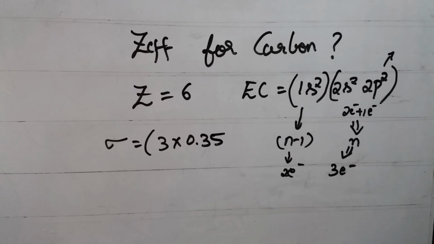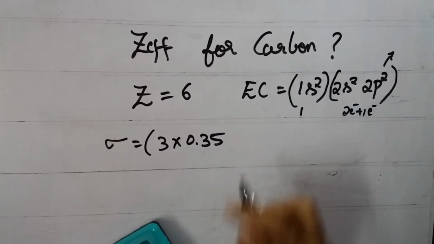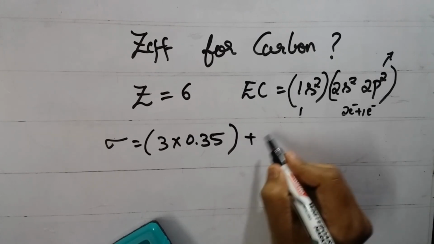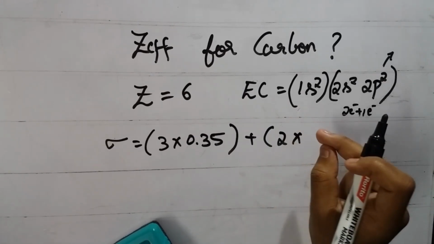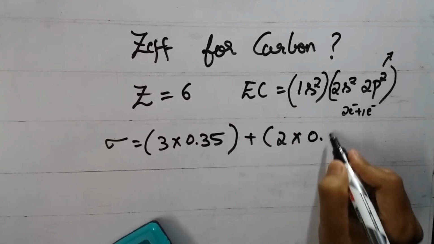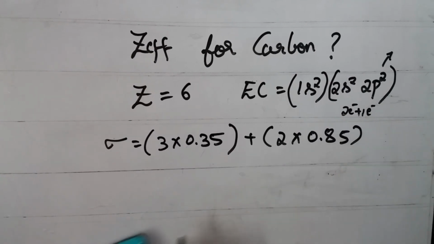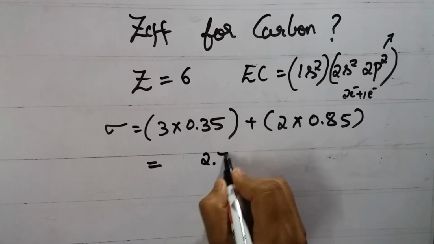Now n minus 1 contains 2 electrons, that is 2 into 0.85 for the n minus 1 shell, since s and p orbitals contribute 0.85. Now the sigma value would become 2.75,